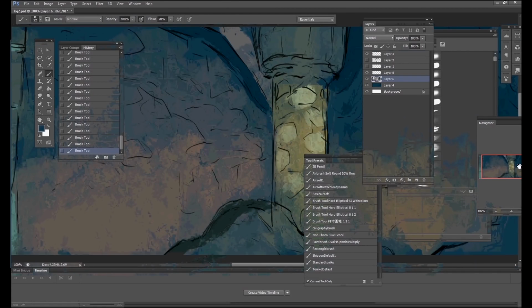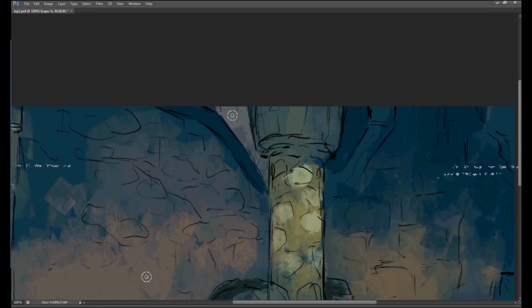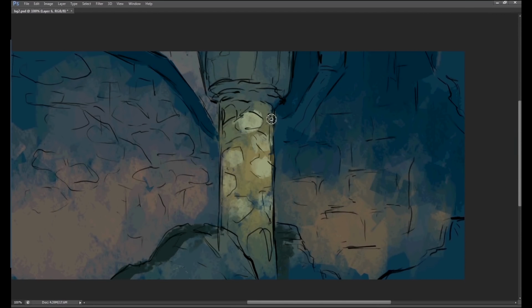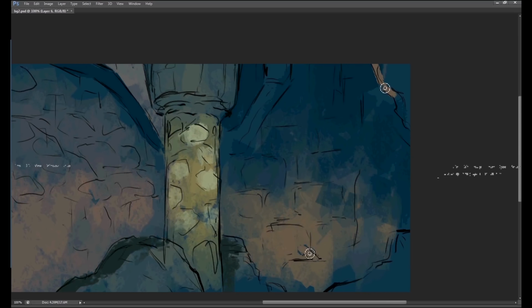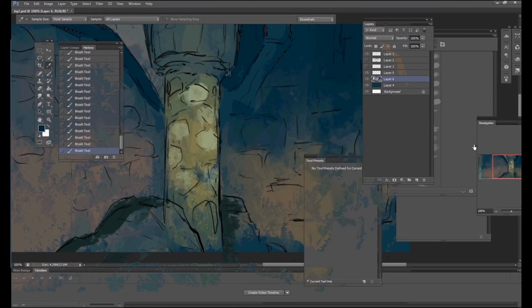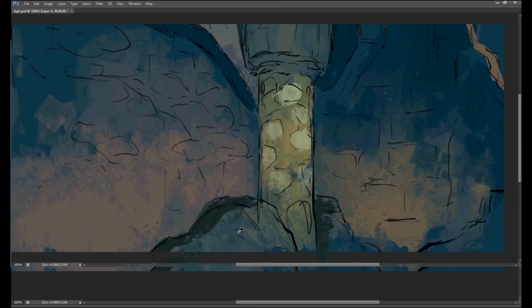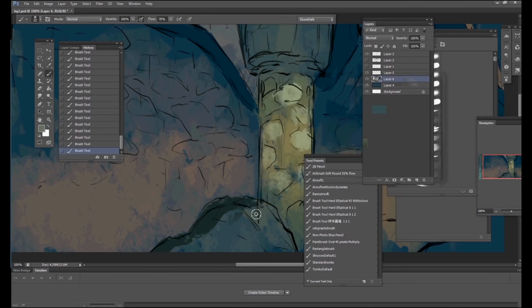So I'm playing with the idea of having subtle light bounce around the room. And I'm thinking because the floor is bright, some of the light from the floor is bouncing off the wall. So you have this subtle global illumination thing going on. So it just feels a lot more natural in terms of where I'm setting up my lights and colors. As you'll notice, I'm going to start making my brush smaller and start adding in a bit more detail in some of the rocks, some more shading, some more cast shadows, things I feel like that still need to be blocked out in order to create some of the accents I want.